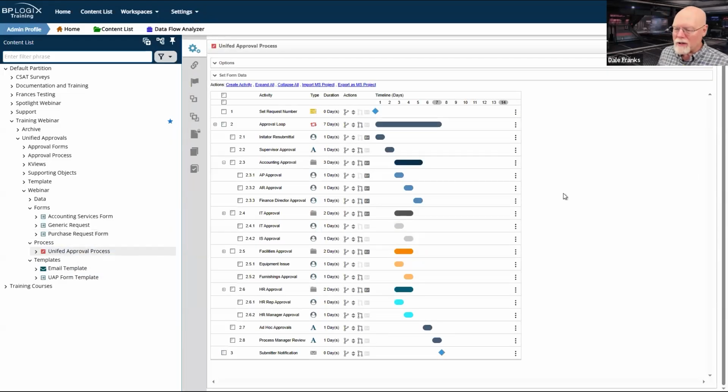Now, this process timeline is relatively simple. We'd obviously probably have a much more complex process timeline, but in general, each of our functions, accounting, IT, facilities, and HR, each of our functions have their own approval processes that they would have to go through.